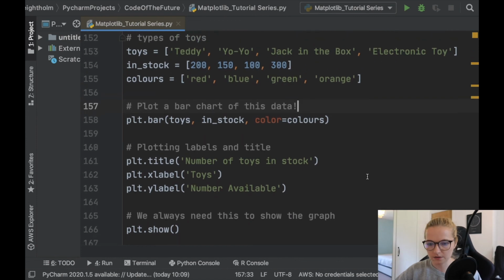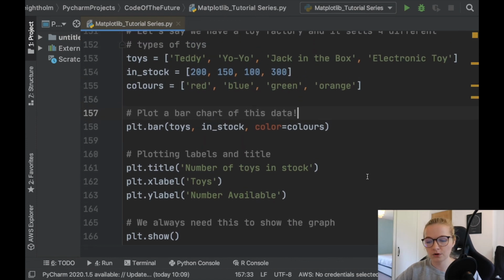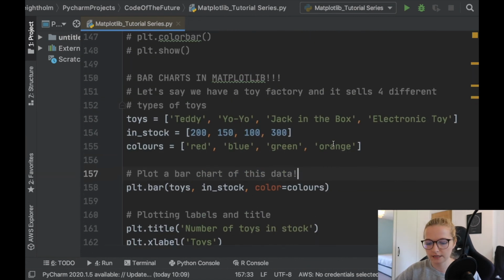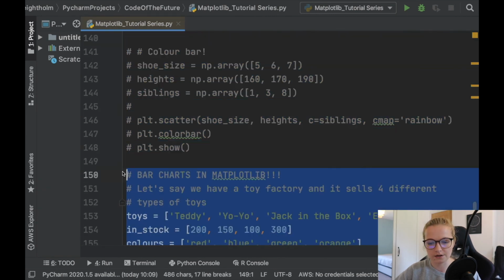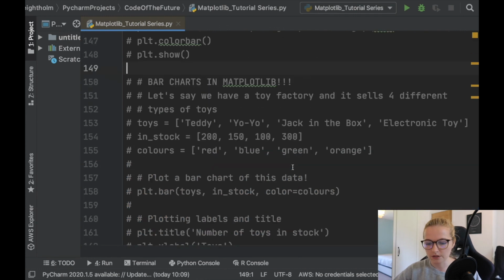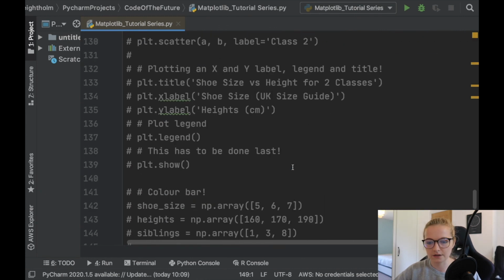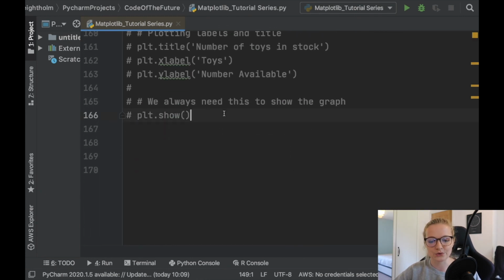Okay, awesome. So we are in the folder and the file that we were in previously. This is when we did bar charts in Matplotlib. So if you're interested in bar charts as well, then I recommend checking out this video. But essentially all of this code up here is everything that I've done as part of this Matplotlib tutorial series. So if you're interested in learning a whole range more things about Matplotlib, then I'd recommend checking out this tutorial series. I have the videos split up into individual videos and also one large video where I collated all the videos together. So enough of that, we're going to get into pie charts